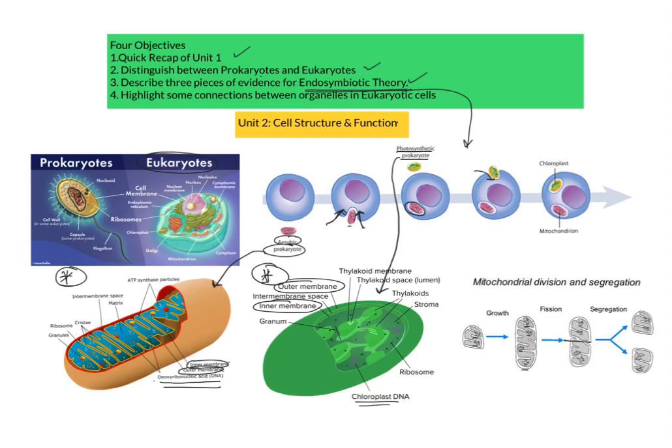All right, so before we move on to the next portion, just a quick note about the name endosymbiotic theory. So endo is referring to the process of endocytosis. That was how the cell engulfed that other prokaryote. Symbiotic is referring to the kind of mutually beneficial relationship between the cell that engulfed that prokaryote and the prokaryote